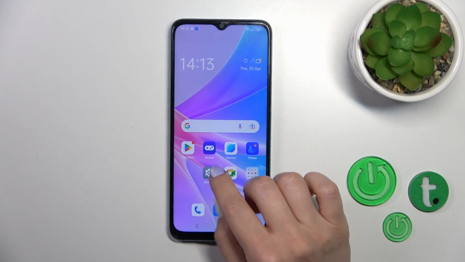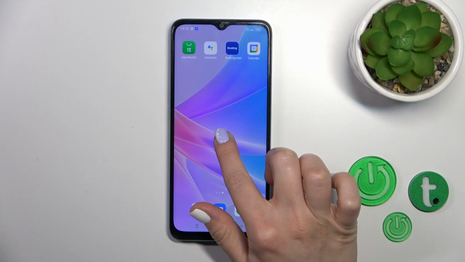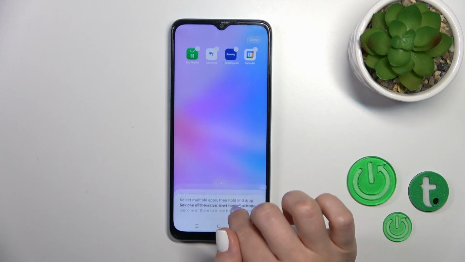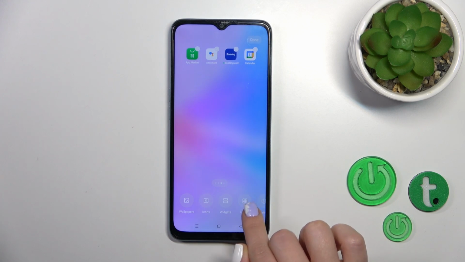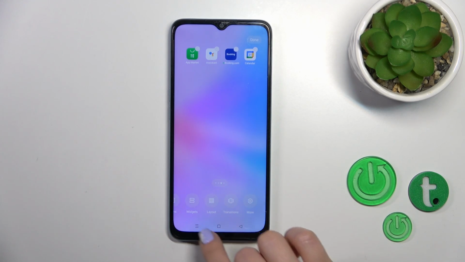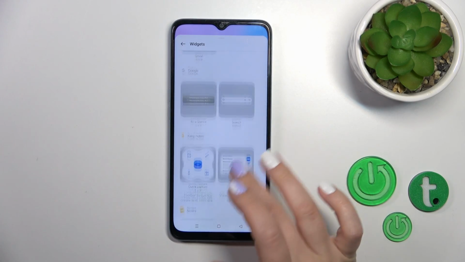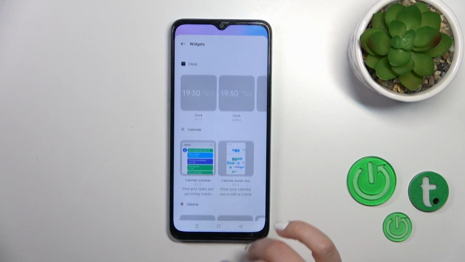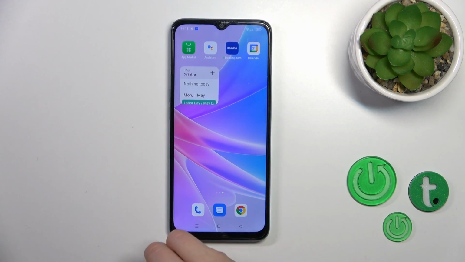So first, let's open the home screen and just hold the device home screen with the finger for a while, and then you'll see here the widgets icon. Here you will see all of the available applications whose widgets you can add. Just to add the calendar schedule, for example, tap once on the icon,